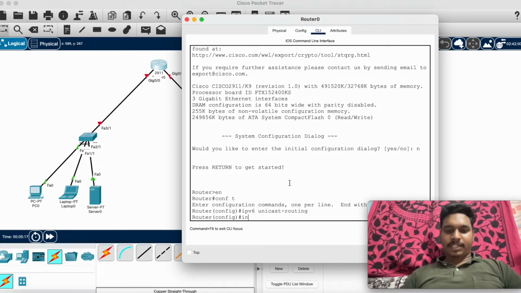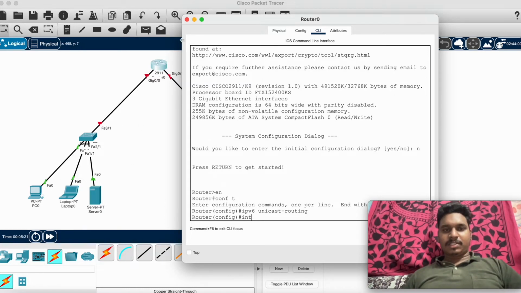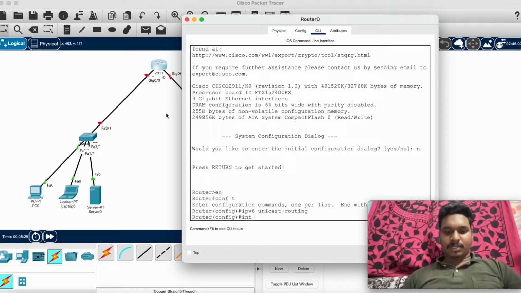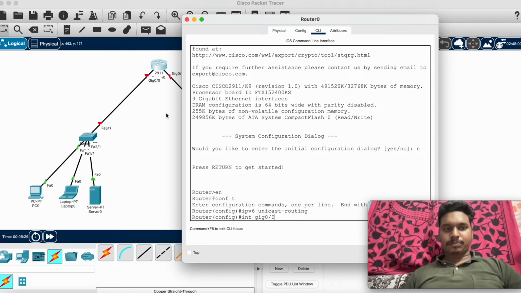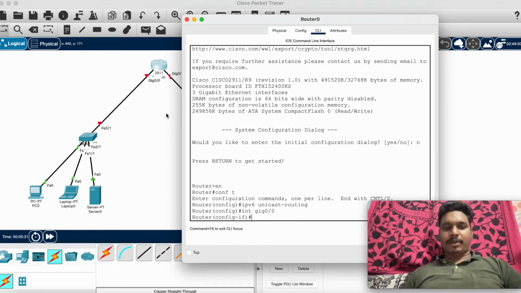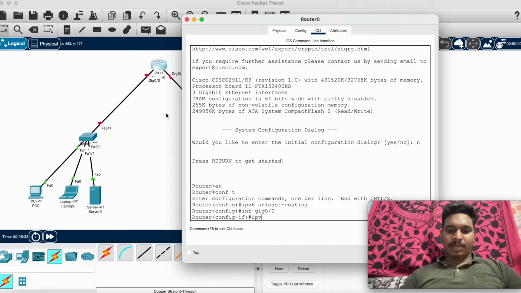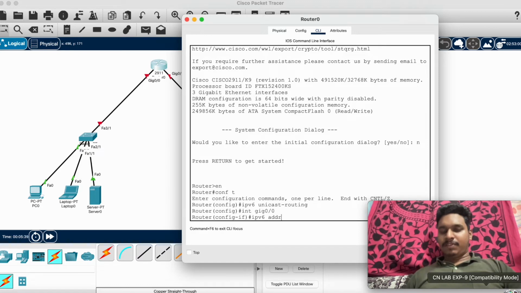So now we will give int. Let us configure this switch first, with this connection. So we have int gig 0/0. Okay, now we have a special IPv6 address. That IPv6 address is already given in the topology.